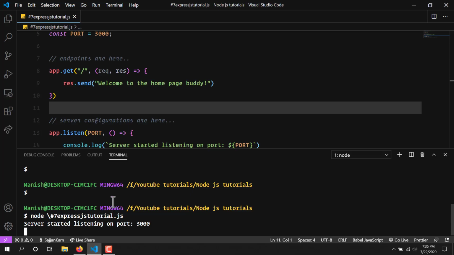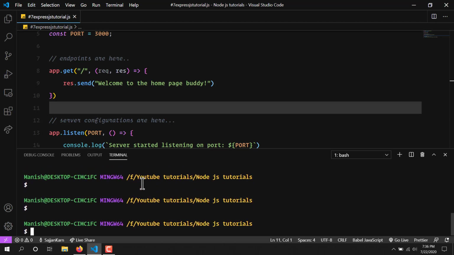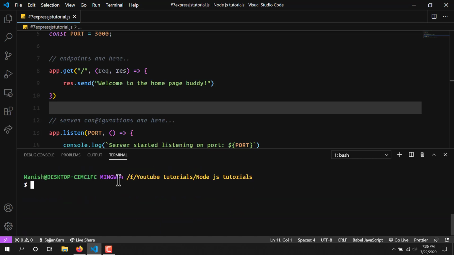So how do we fix this problem? There's a very good package called nodemon, and what nodemon allows you to do is wait for changes, so that whenever you make changes, it refreshes the server automatically. Let's see this in action. You just write npm install with the global flag, which means you don't need to install it again and again.